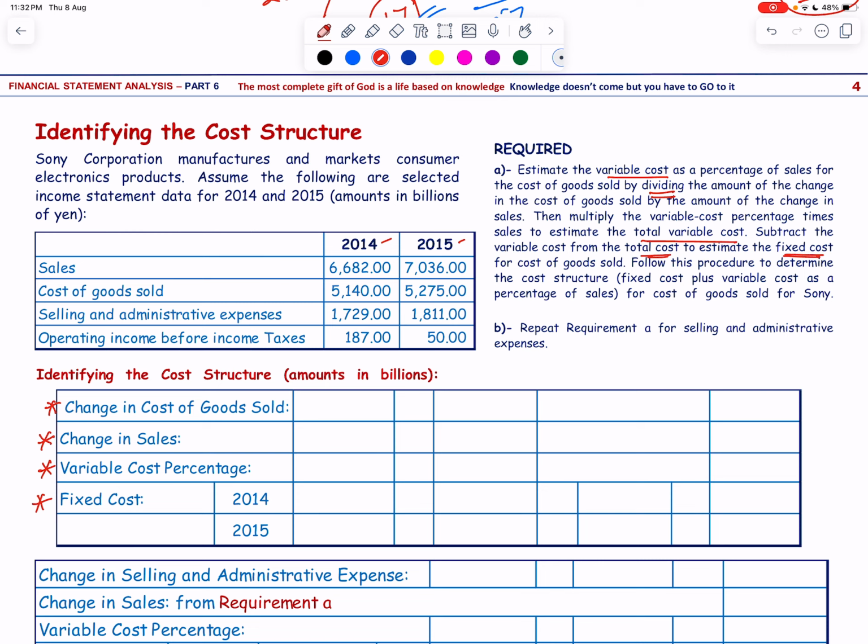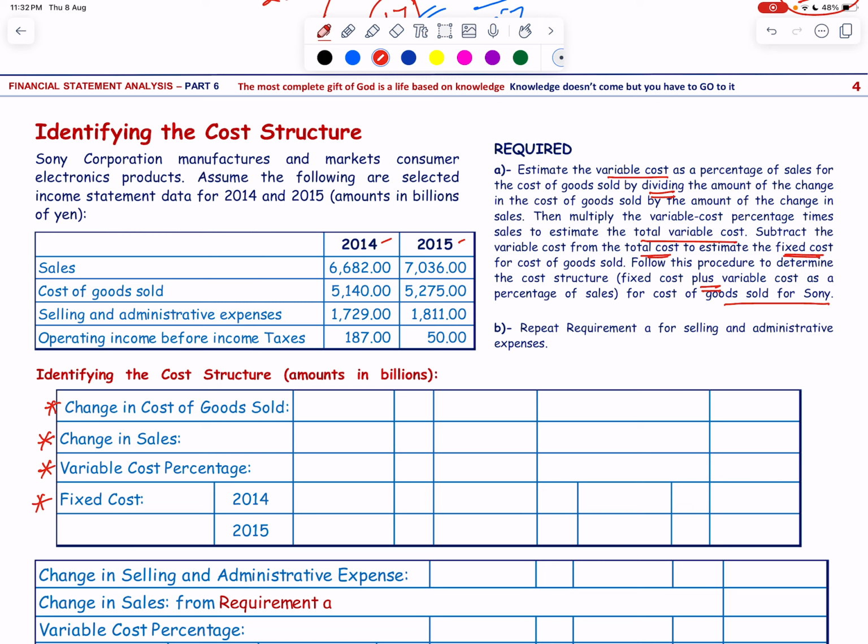Following this procedure to determine the cost structure, fixed cost plus variable cost as a percentage of sales for cost of goods sold for Sony. So let us first of all go for the whole process, and the first one is the change in the cost of goods sold, and the change in the cost of goods sold